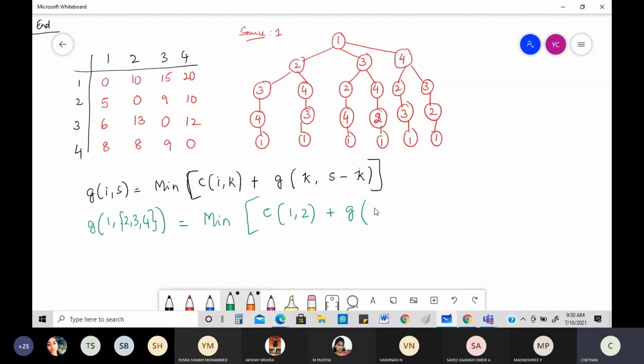Okay, so 2. What will be remaining when you take S as what? S is 2, 3, 4. So S minus K is 3, 4. Correct? It is nothing but 3, 4. So we can write that 3, 4. See, done. Very clearly done. Okay, but you can see very clearly from 2 either 3 or 4. We'll see that later.